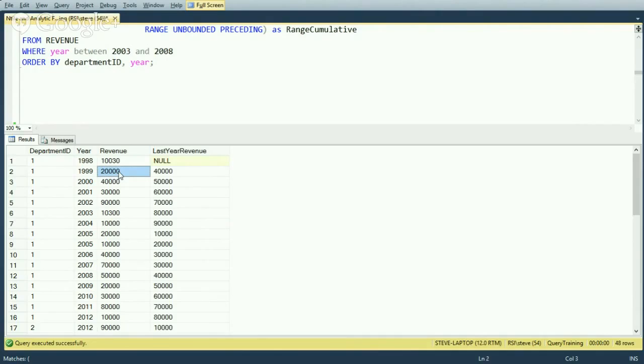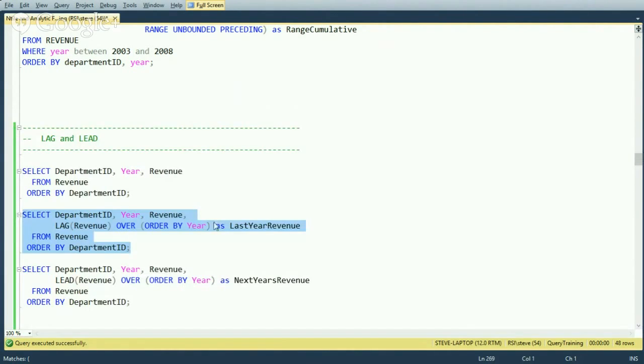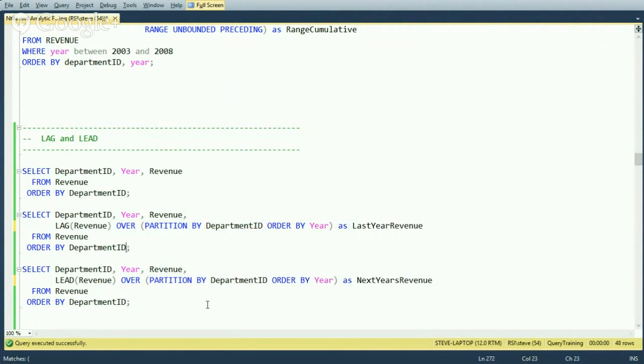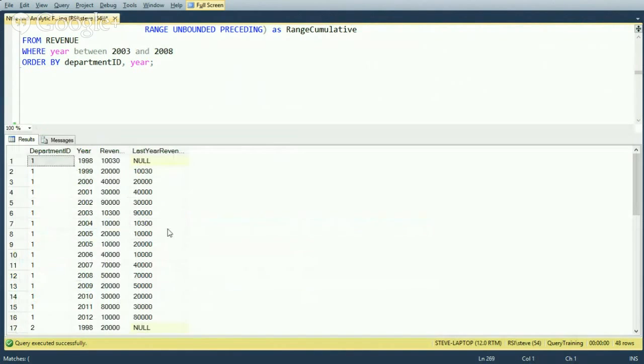Here it's saying, give me 20,000, and the last year revenue is 40,000, which doesn't look quite right because we've ordered by the year, but we haven't included the partitioning here. And I'm going to throw that in down here too. And then we're going to order by, again, this is one I threw in at the last minute. I didn't have a chance to test it. So let's run this one again, and we can now see that last year's revenue, these two match, these match,